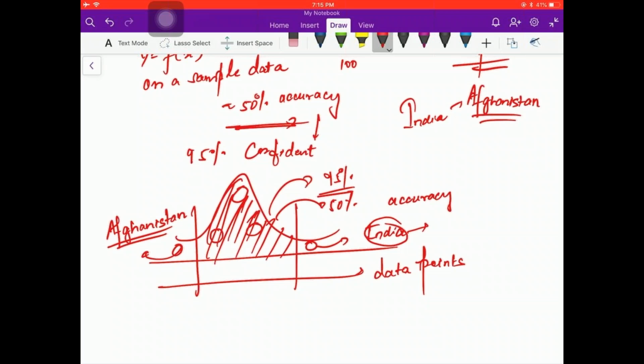And this accuracy can be anything. It cannot be 100%, obviously. Sometimes it can be 90%, it can be 20%. It just says how confident you are in stating that accuracy. This confidence interval, you might see a lot of times